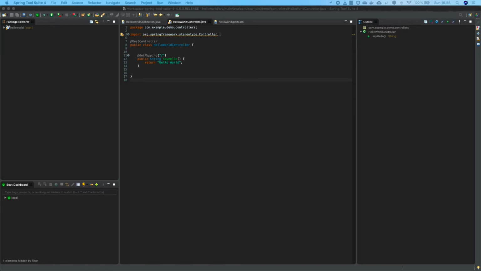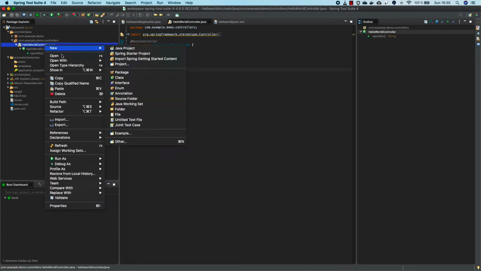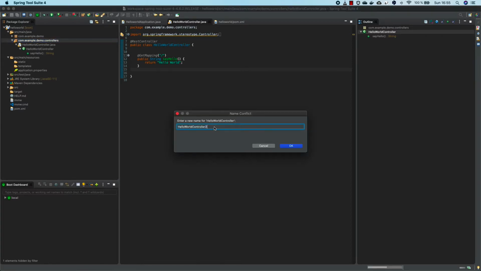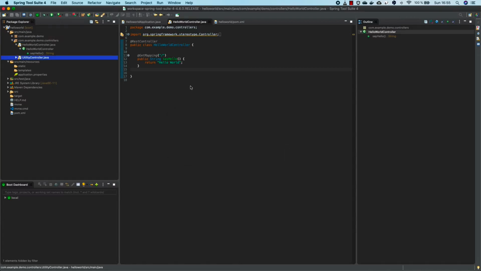So this is a simple controller, and now we are going to create another controller. So we'll just copy this controller, create another controller and call it whatever we want. So we'll call it simple utility controller. And in this utility controller what we are going to do is, so this is a different